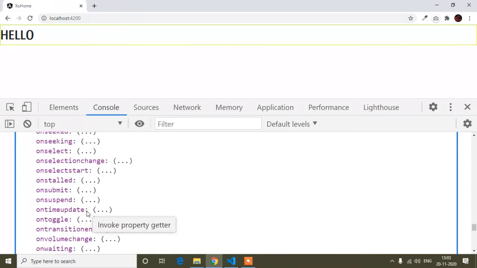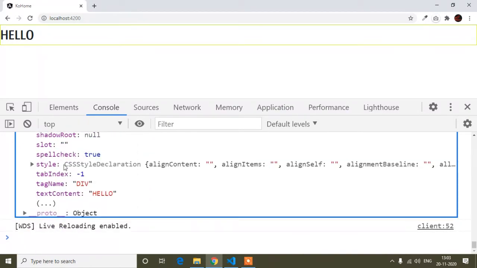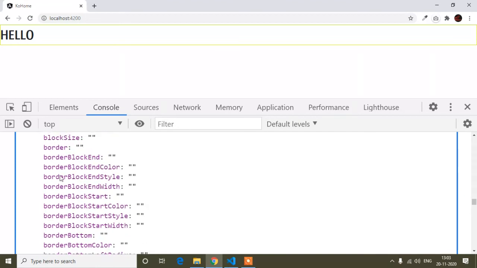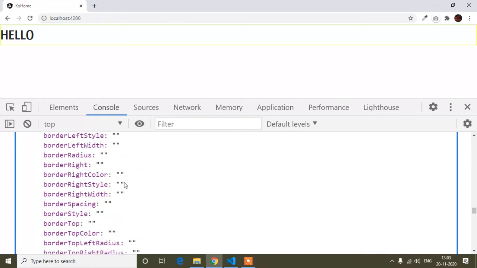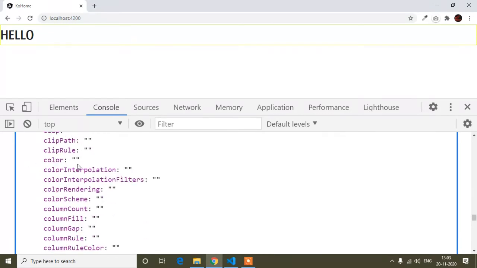And here if I scroll down, you can see style property and the style attribute, and after that style attribute, all the style attribute you will get from here. So border, block and style, every style property you will find here, and using this style property you can change anything.